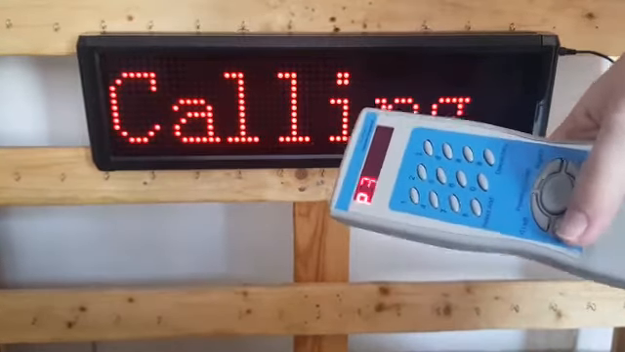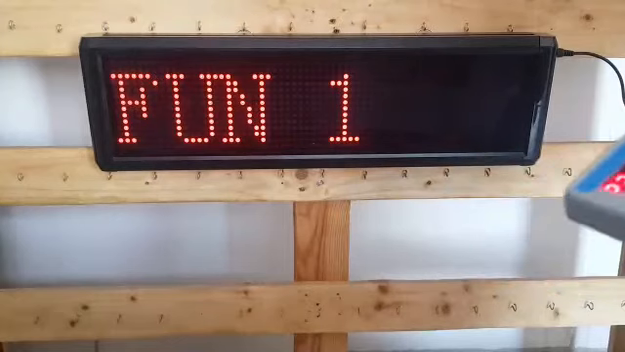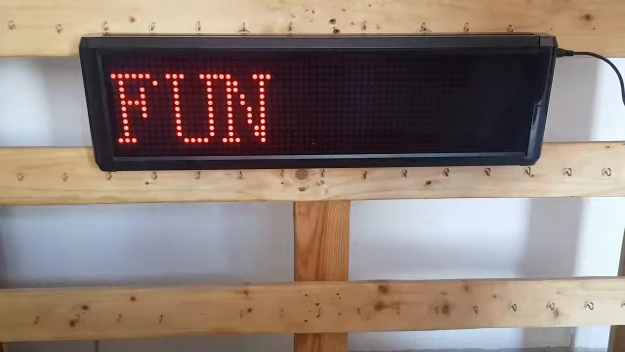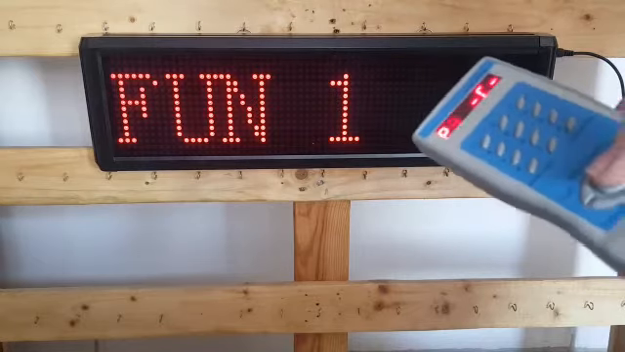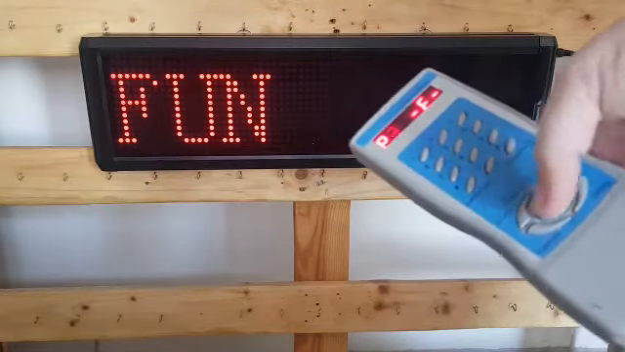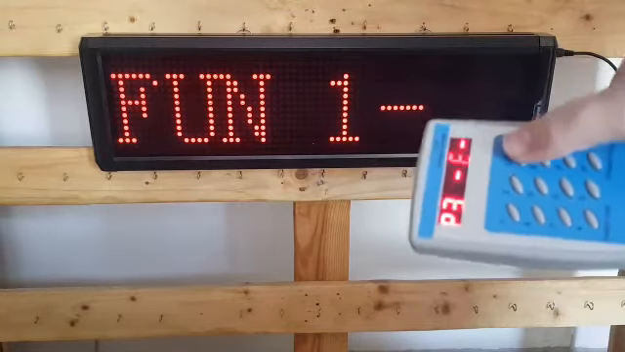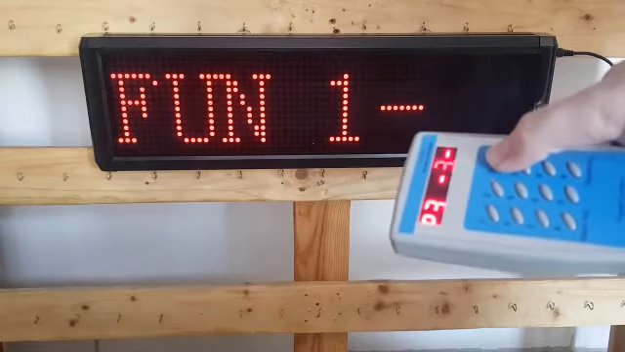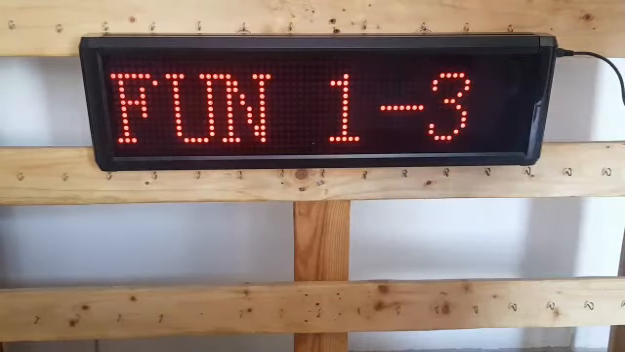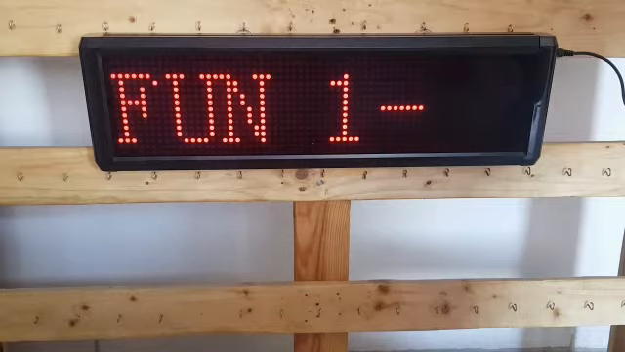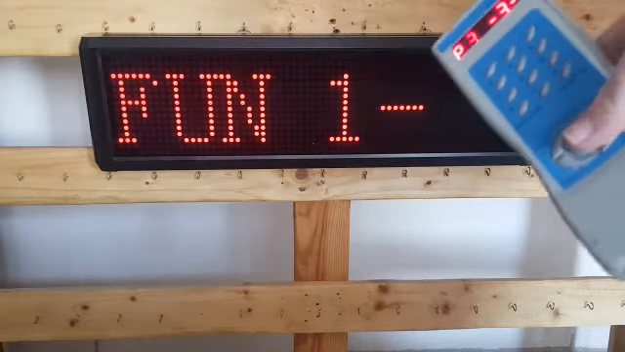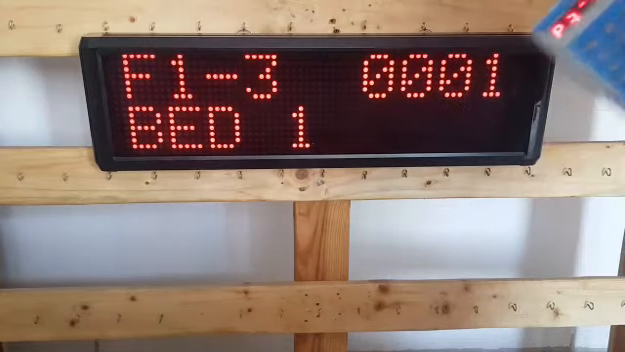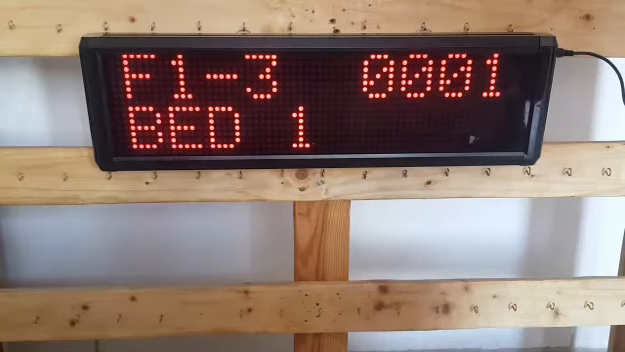Then you press the function key. Once your display panel shows fun 1, you leave it like 1, and you just press enter, and you will change the second one to a 3. So when your display panel shows 1-3, you press enter, and this is now showing you everything that is already